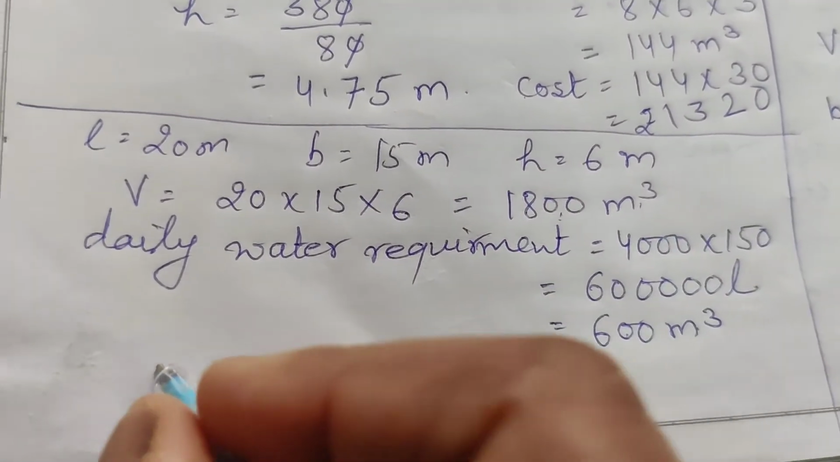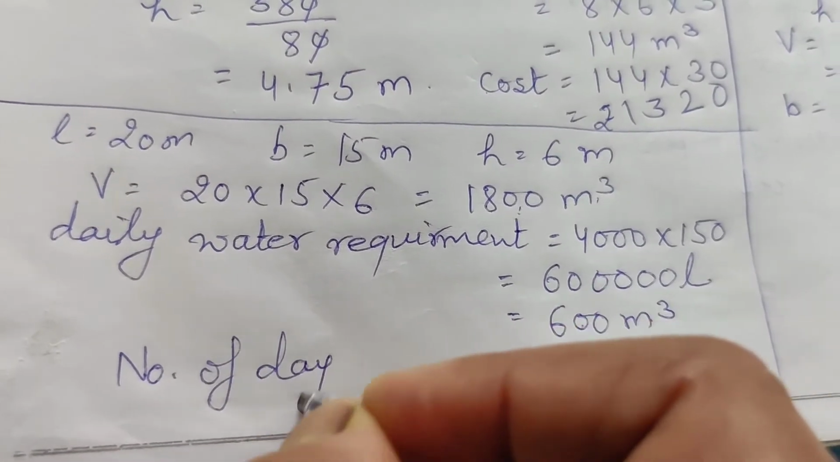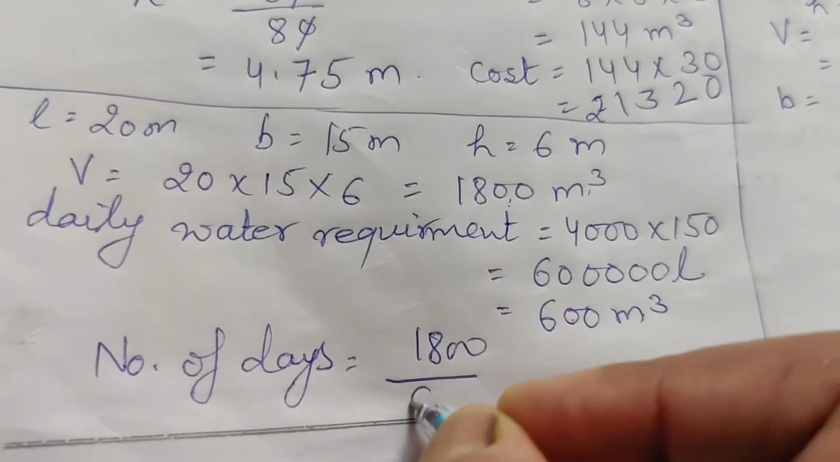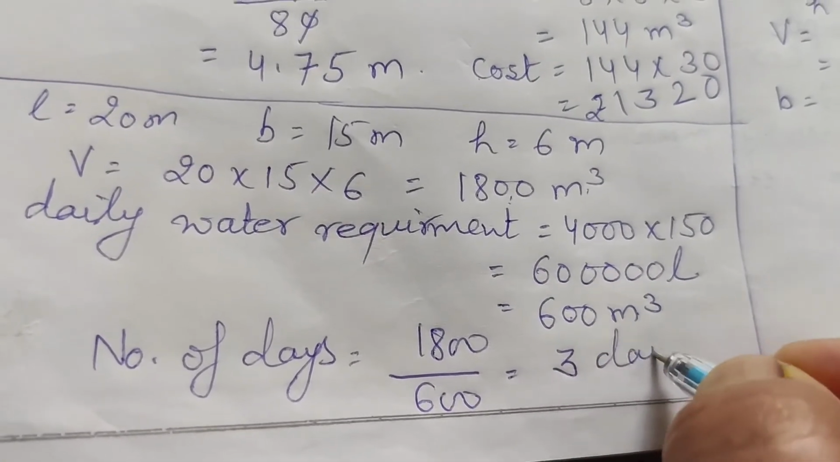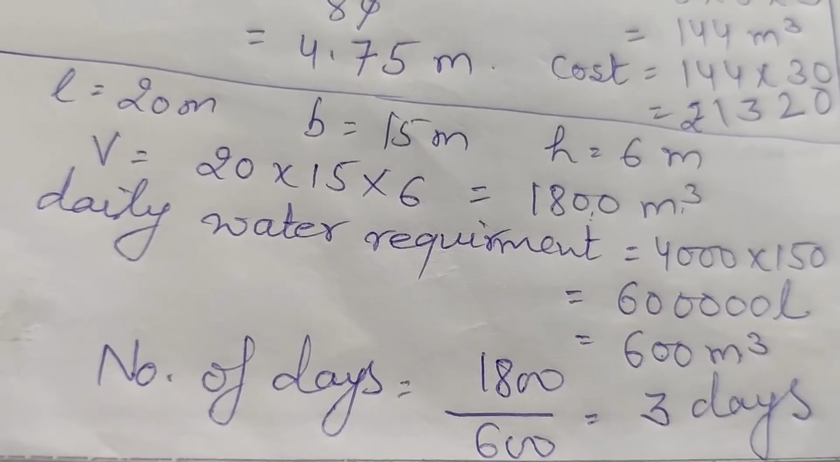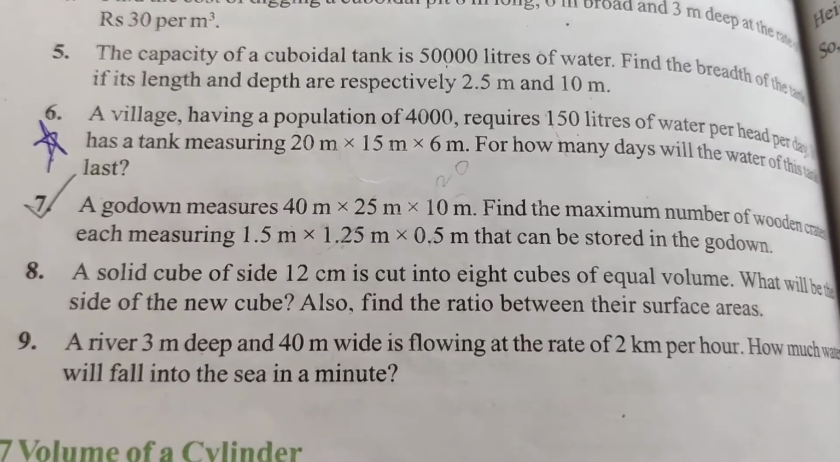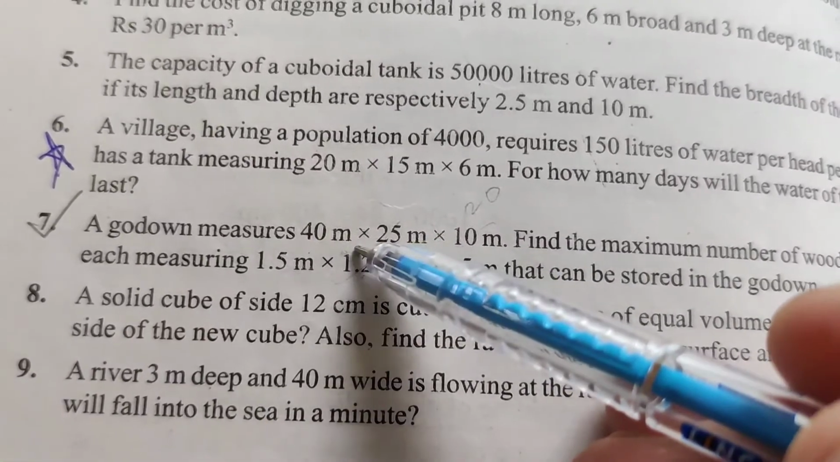Then the number of days, how many days water lasts, equal to volume of the tank divided by daily water requirement. It means 3 days. The water will last 3 days. Okay, clear? Next question. Question number 7: a godown measures 40 meter into 25 meter